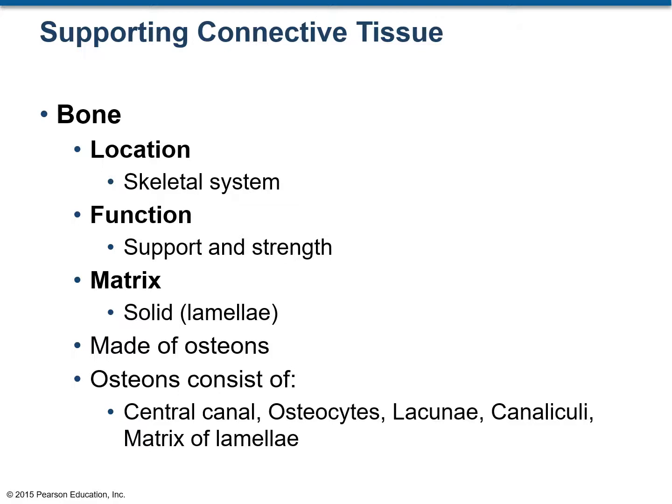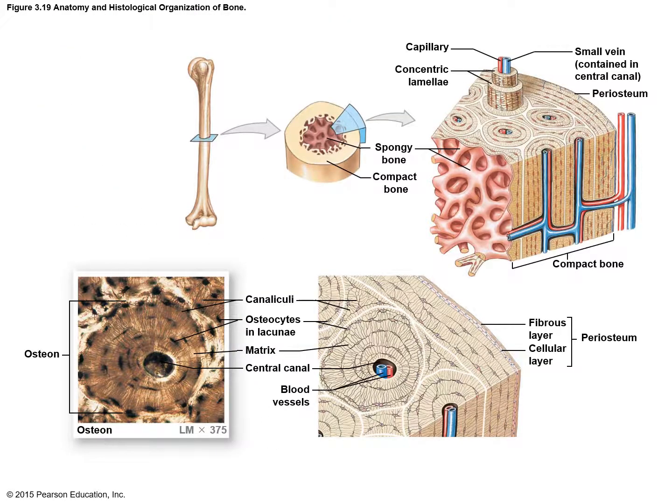Now, because the matrix of the bones is solid and made up of non-living material like calcium phosphate, it doesn't mean that the bone cells are isolated. Actually, the bone cells form cytoplasmic extensions, and this is how they connect to other bone cells in their neighborhood. These cytoplasmic tunnels or canals are known as the canaliculi. This slide shows the histological organization of the osteons in a bone tissue, and you can see the lamellae, the canaliculi, and the central canal.